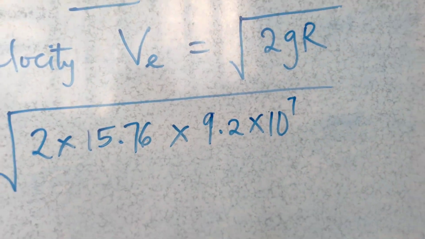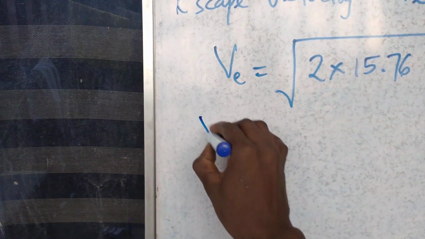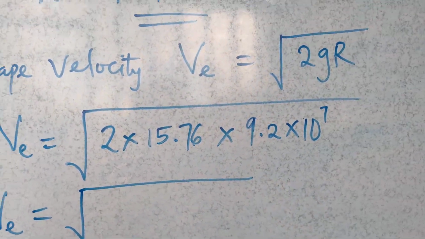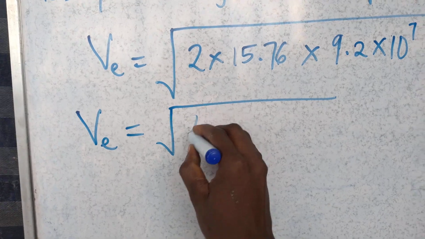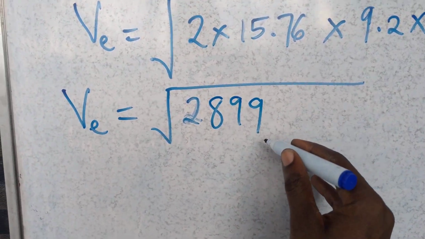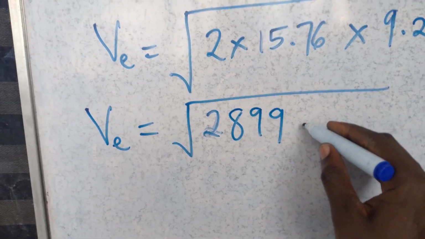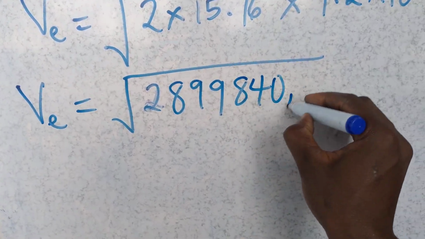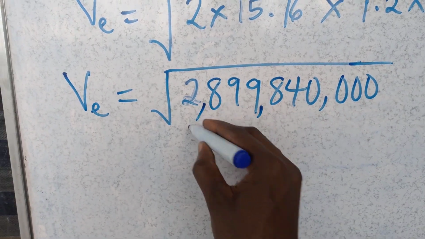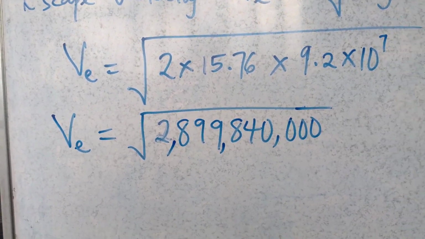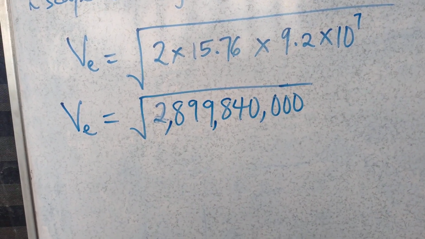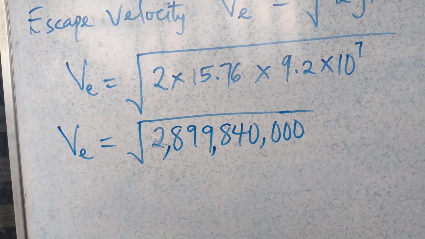When I multiply now, I have VE as the square root of 2899 840,000. Okay, that is it. And if I take the square root now